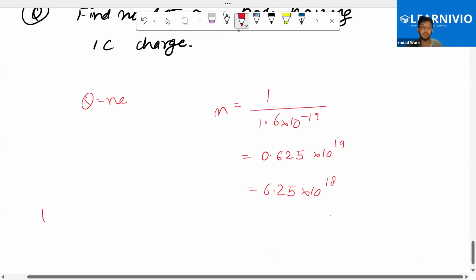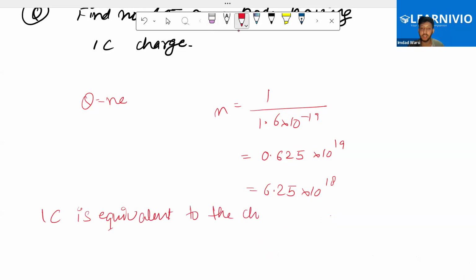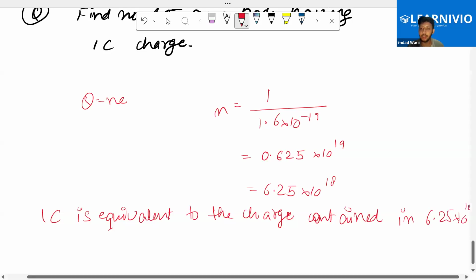Right. 1 coulomb is equivalent to the charge contained in 6.25 into 10 to the power 18 electrons. Okay, sir. Done. And